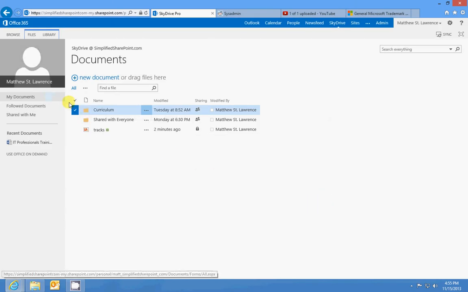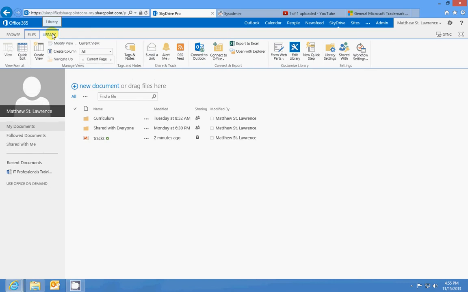So SkyDrive is basically a big folder in the cloud that you can upload and download and everything else, and share documents with people and all that type of stuff. One of the other things that is cool about SkyDrive, and it's not unique to SkyDrive, you can do this with any document library on SharePoint. If you go to your context menu at the top, the library tab, and in the ribbon, you'll see Open with Explorer. If you click that,